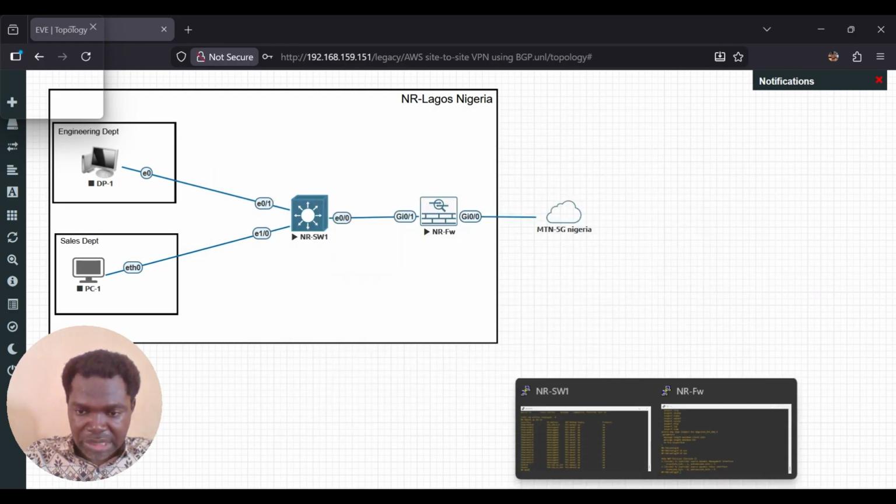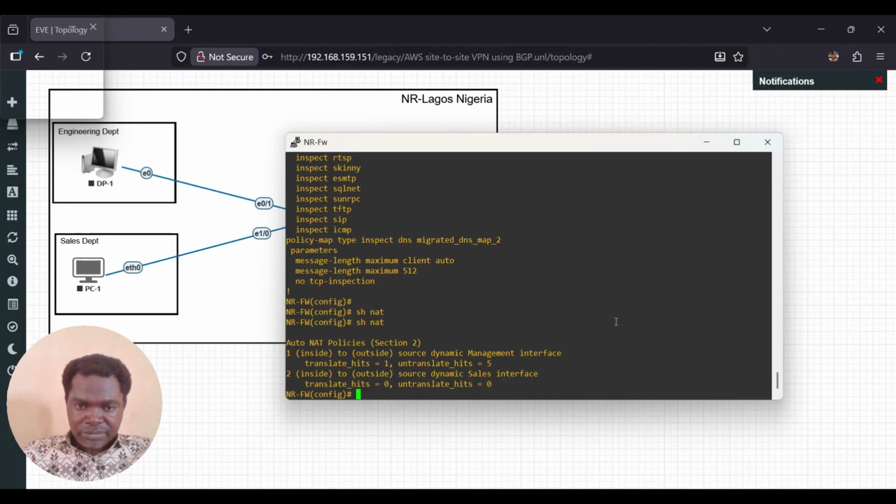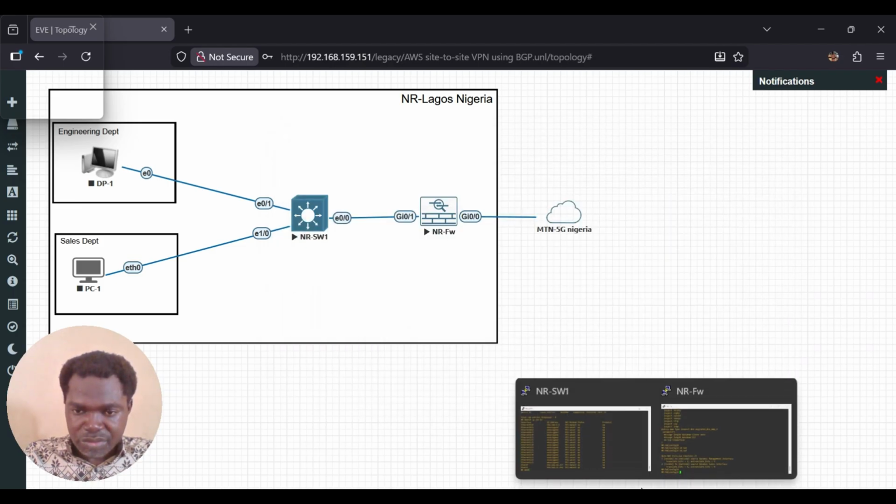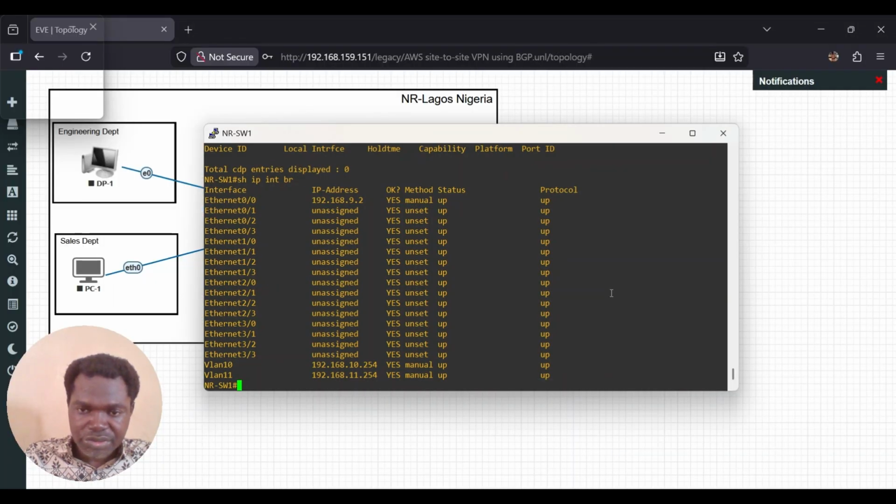I did not put that network. I did not enable NAT for that network. So that is why it is not working. I only enabled NAT for the engineering department and the sales department. So that is one way to test that. I don't need the switch to go to the internet. There's nothing to do there.